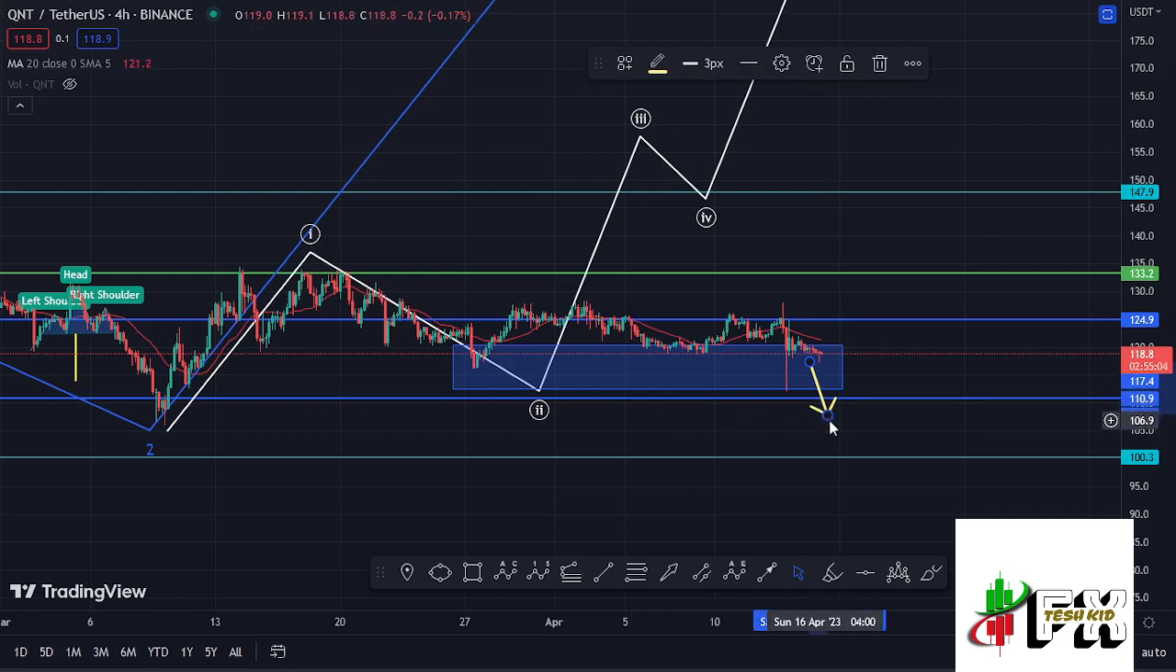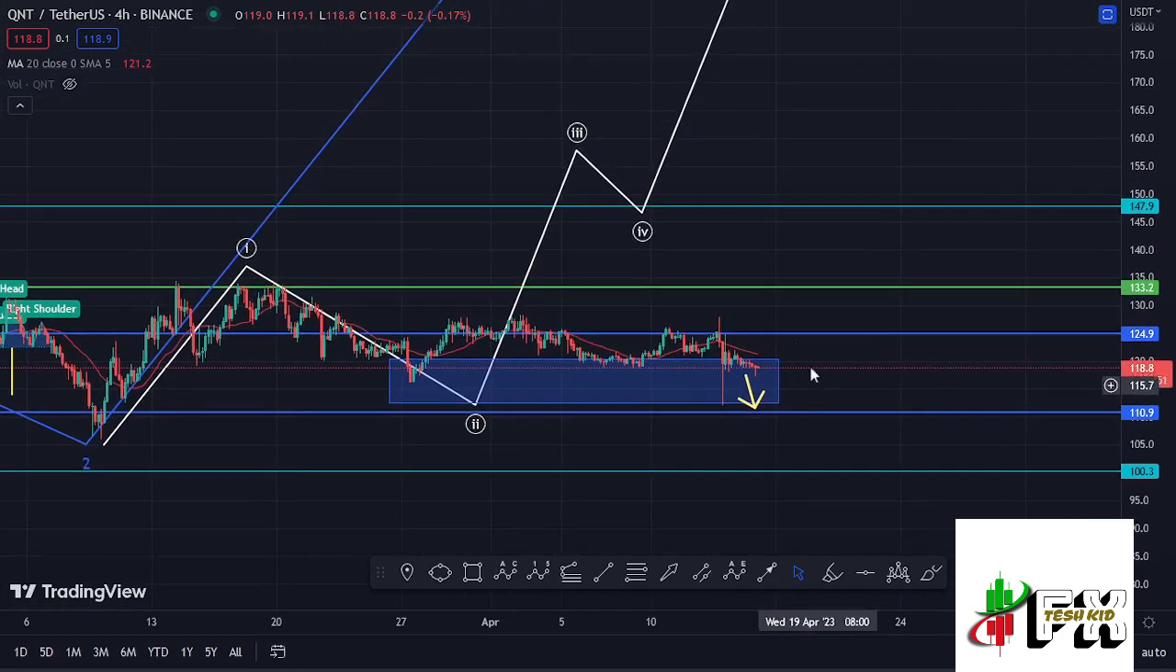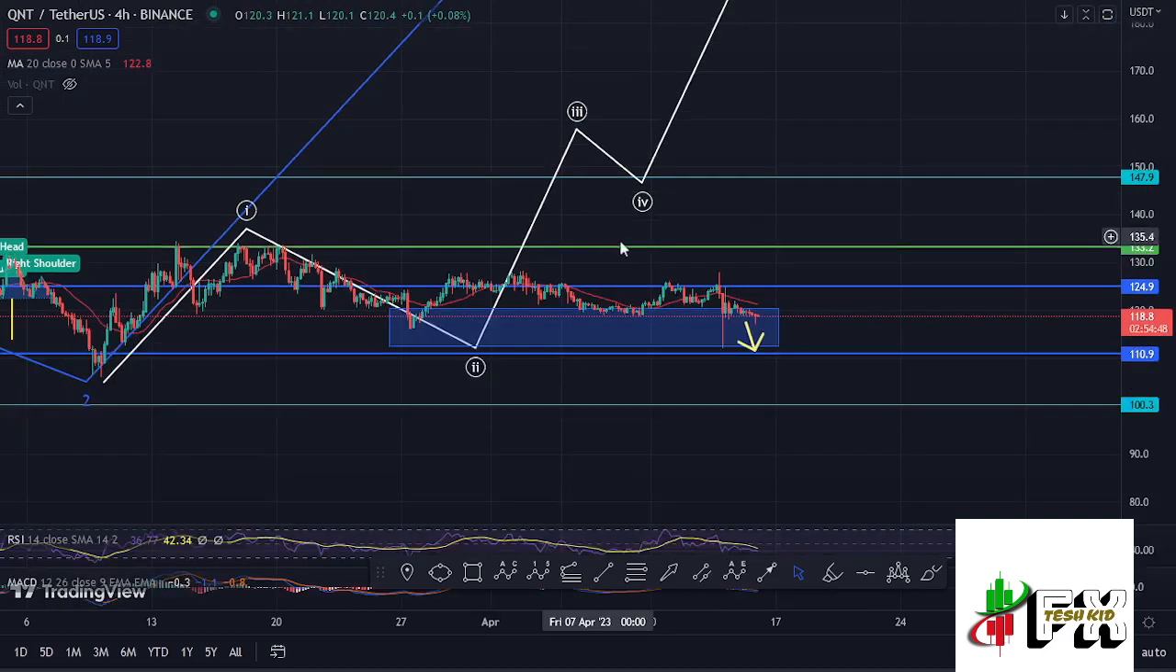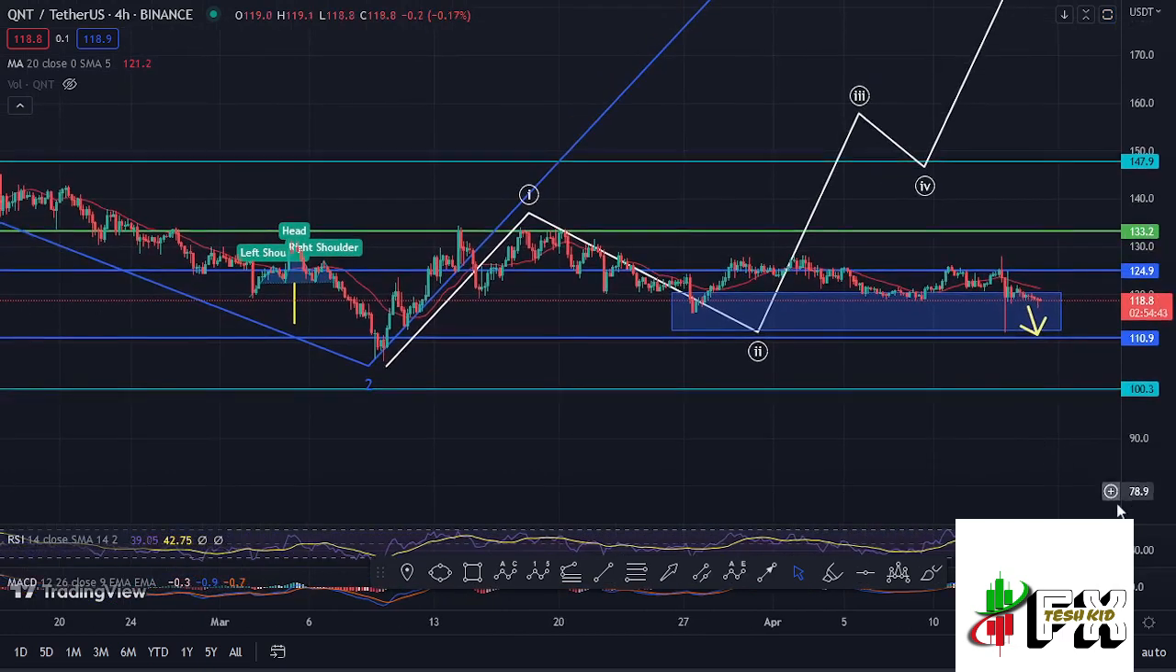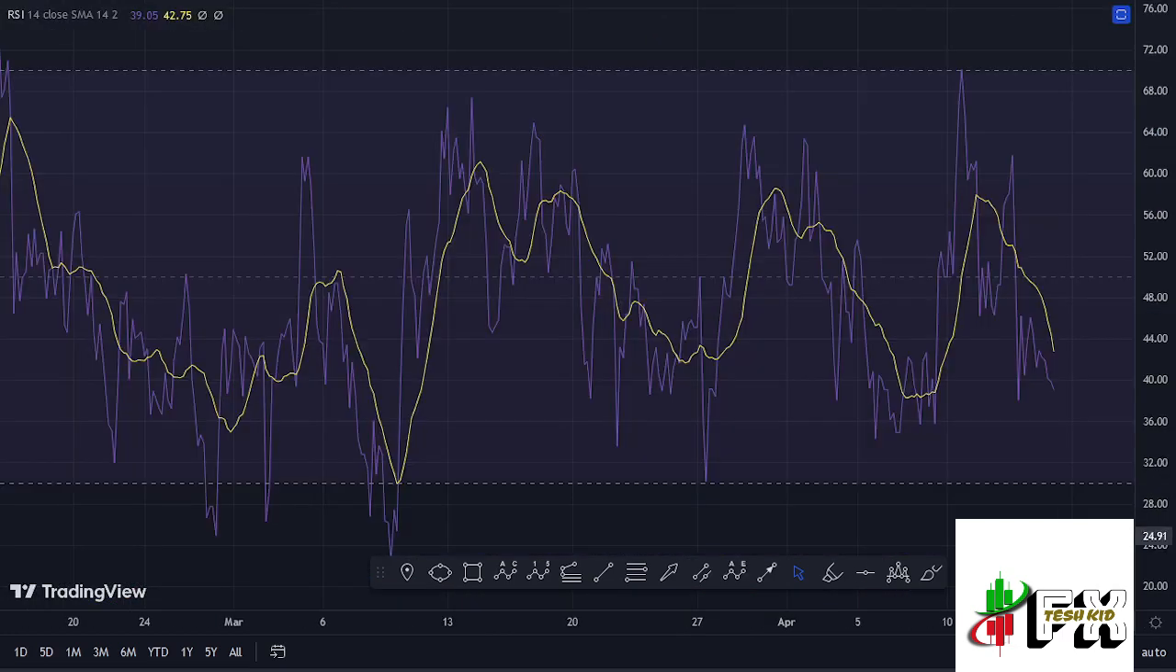But for now, I'm still bullish as long as we continue holding in the area between the $120 mark and the $112 mark, and as long as we hold within that, there are chances of seeing higher prices in the formation of this wave 3. So that is what I'm expecting here on the Quant chart, on the short-term scenarios, and also on the long-term scenarios. And also taking a look at the indicators, on the RSI, we are trading at around the 39 mark,